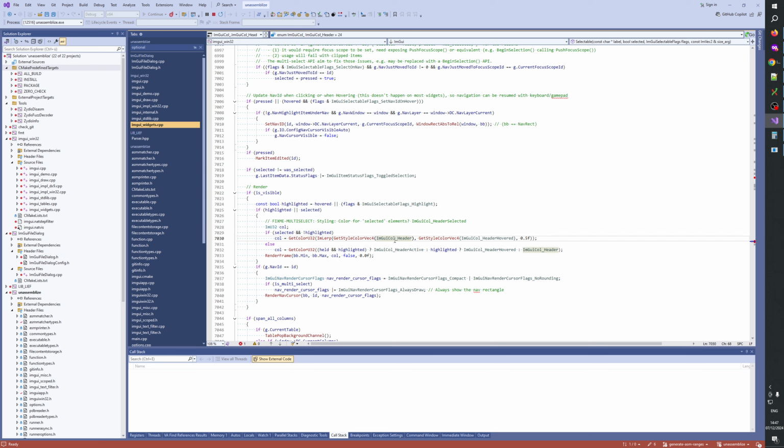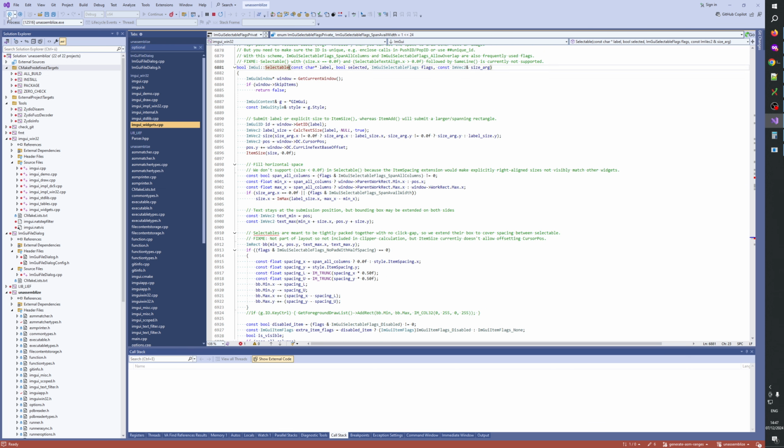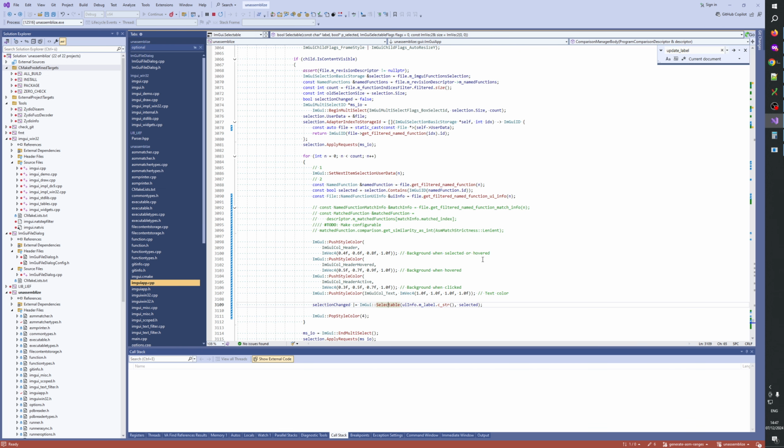Header active, header hovered. How do we figure out the colors that we want to use? Okay, so I think what we need is